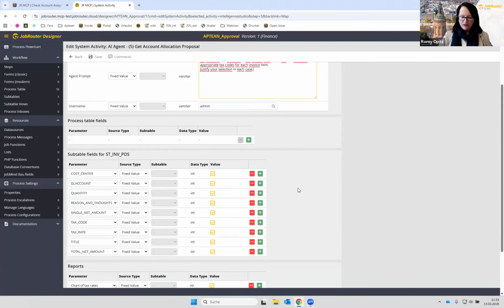You can hand over all the data from your current workflow instance to the agent, but it actually makes sense to put a constraint on it and only hand over the data that it really needs for the work itself. For the GL account assignments, it doesn't really matter what my vendor is, I guess. The invoice number doesn't matter. The invoice date doesn't really matter. So I only supply it with the line item data, with the title, the article name, and stuff like this.